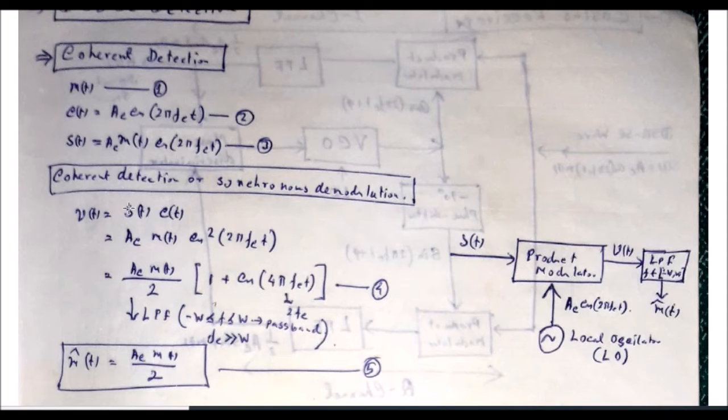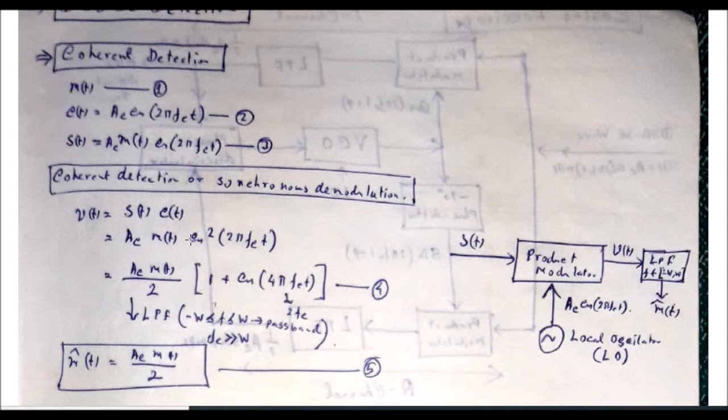Put the expression of s(t) here and the c(t) expression from here. Here Ac square will be there. If you don't bother about the magnitude of the locally generated carrier, you can consider it as 1. So the important thing is that this cosinusoidal term will become the square of the earlier one, because you are multiplying this particular equation with cos 2 pi fct, which is generated as the local carrier in the local oscillator. So this term is becoming a square.